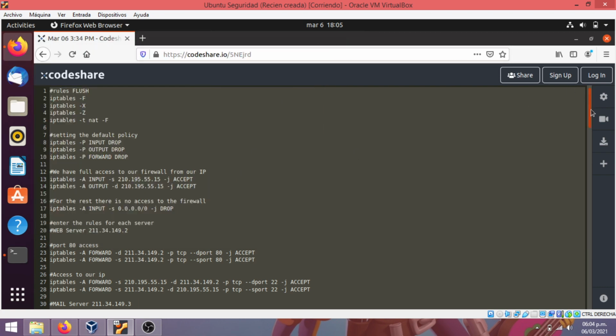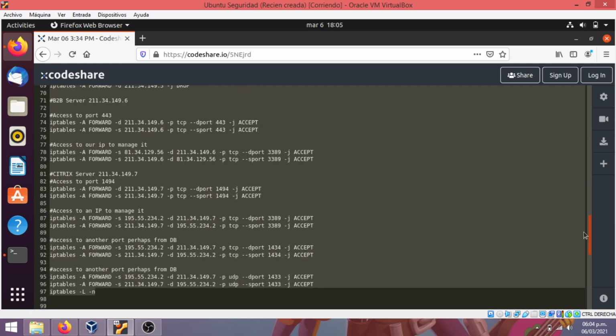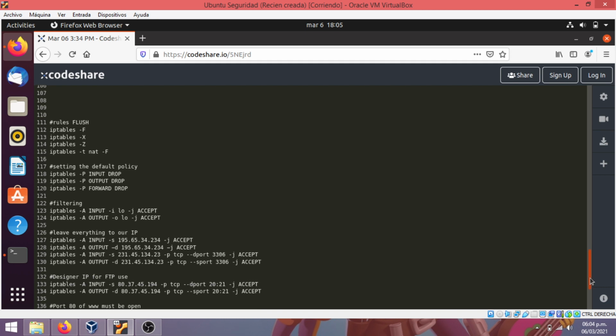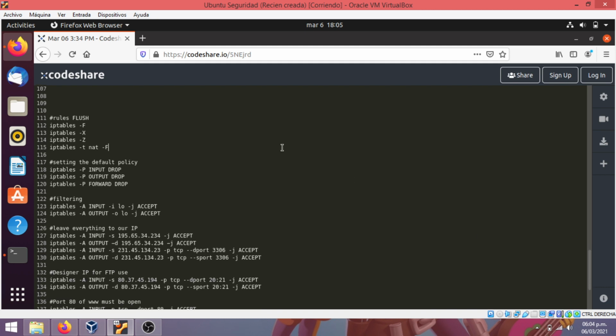Okay, now remember that in the first video we had a script with a set policy. In this case, we are going to see the script we made in the first video, but this time applying the drop policy. We have here the same flush rules applied. Here the setting of the default policy. Remember, in this case you need to use the drop policy,